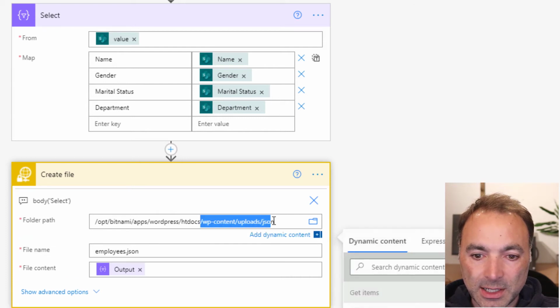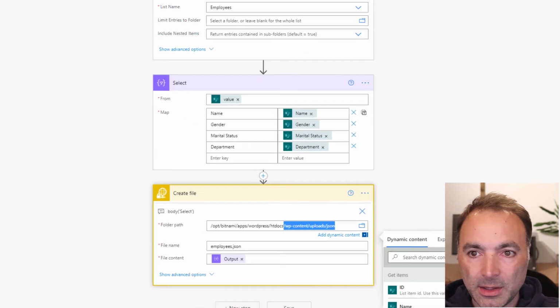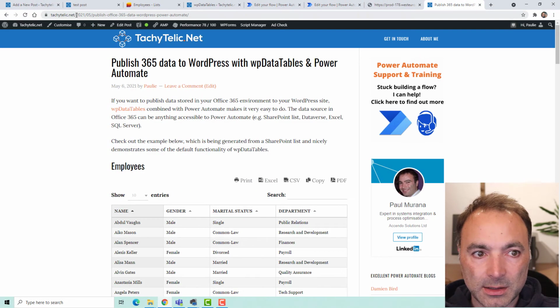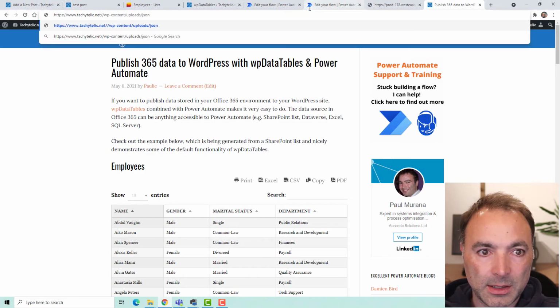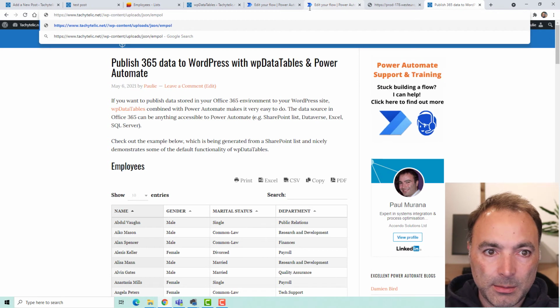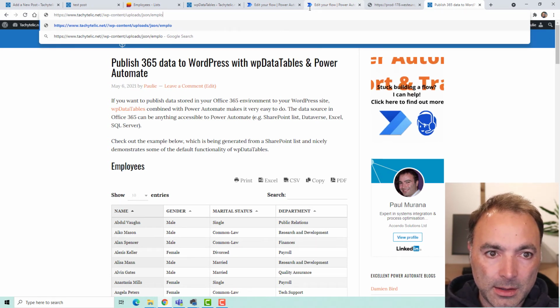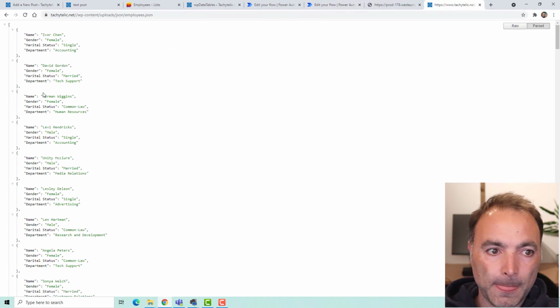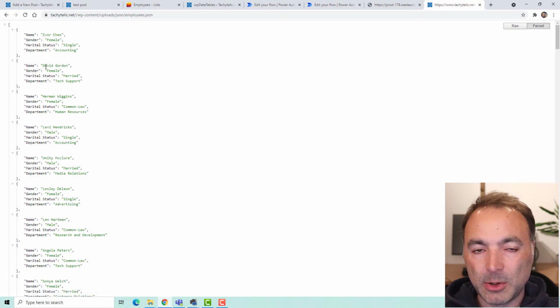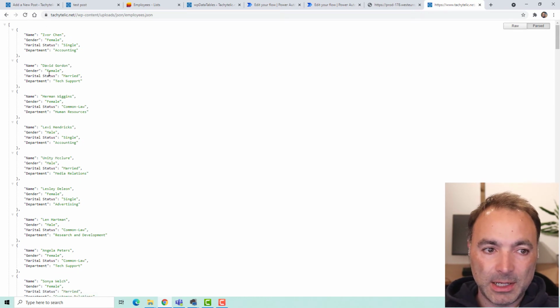So if we just take that path name there and go to my blog again and put in employees.json. That is the file. And that is lightning quick when it comes from the blog because obviously there's no processing to be done. It is just a static file.